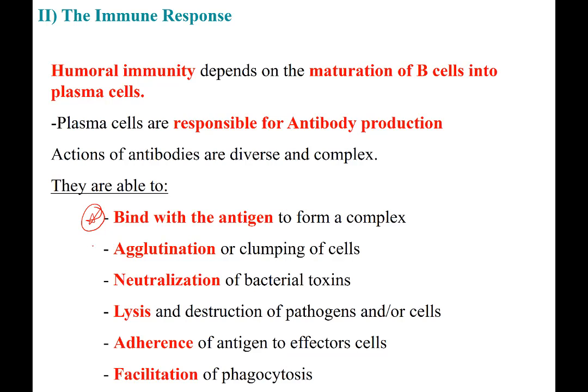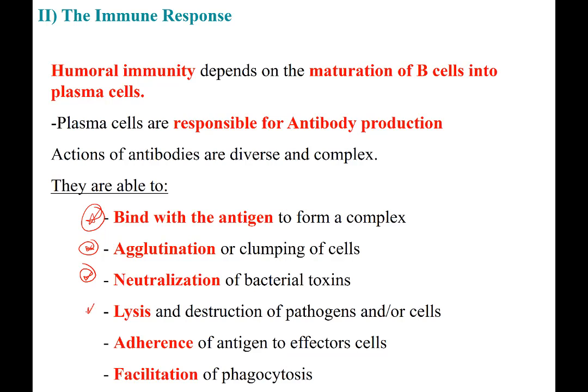They can agglutinate, so clumping of cells, they can neutralize cells, and they can also neutralize bacterial toxins. They stick to it and form a glue around the toxin and the cells, otherwise the cells can release other toxins, or the toxin can reach other cell types. So that's a very important aspect of the antibodies.